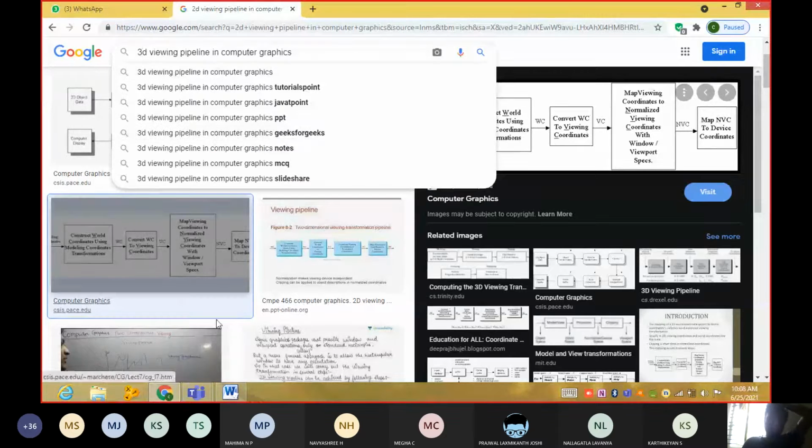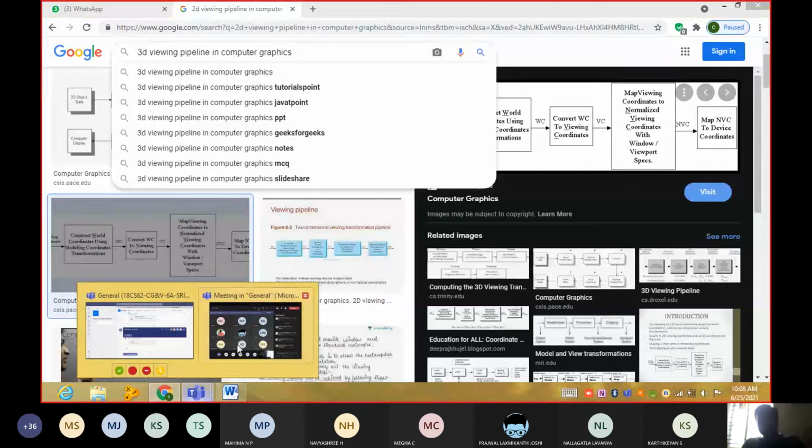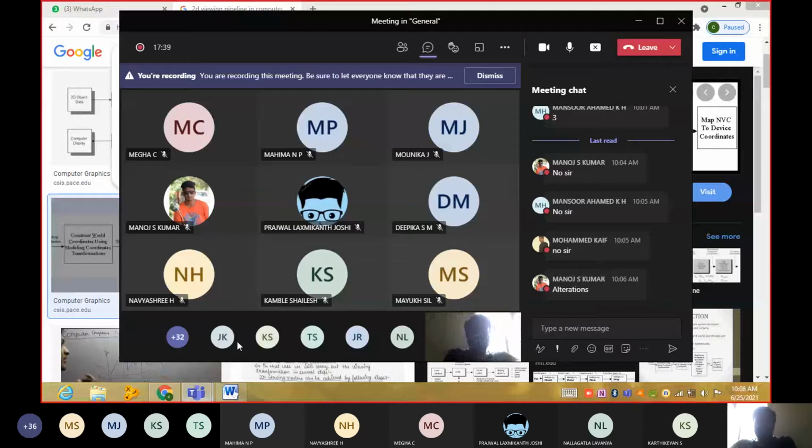Guys, let me give the difference between the 2D pipeline and the 3D pipeline. In the 3D pipeline, everything is the same. First, we select the part of the geometric object which has to be displayed. That is achieved through the world window. Next, we decide where to display. That is done by the viewport.